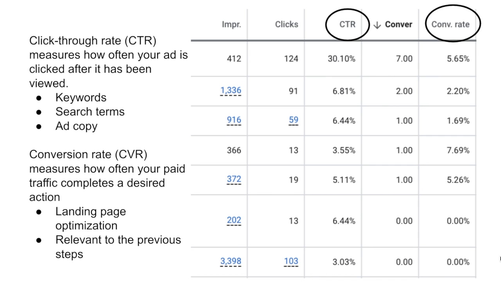Hello everyone. Today I'm going to be talking about what two metrics you should be looking at in case you're just starting out and you're kind of overwhelmed by the Google Ads interface. These two metrics are not the only ones you should be looking at. Of course, there's a lot of other metrics that are important, but this is kind of a video that